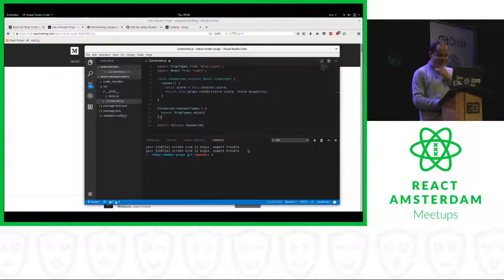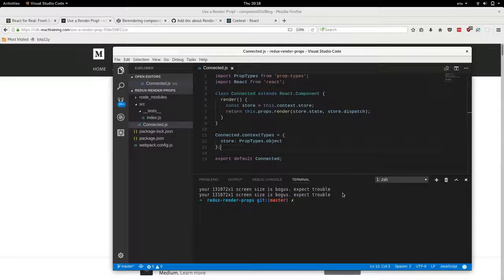So I tried working with render props. So what is a render prop? It's just a function that you pass to a component as a prop, and this function tells the component what to render. So inside its own render method, the component just calls the render function that you pass as a